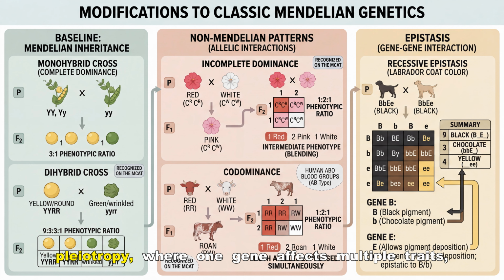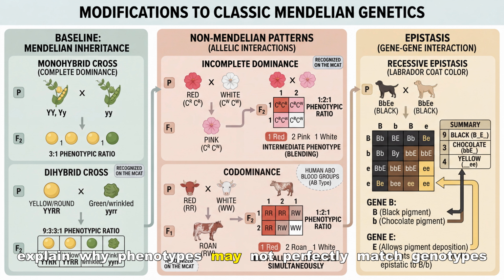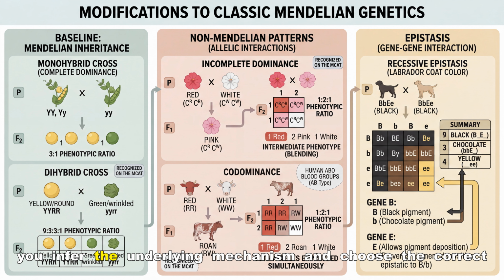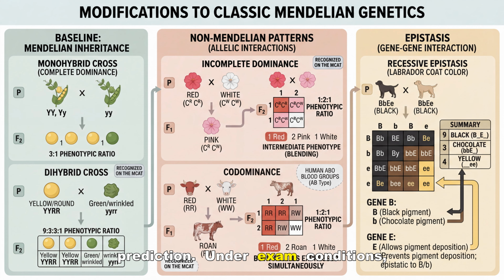Also be aware of pleiotropy, where one gene affects multiple traits, and of penetrance and expressivity, which explain why phenotypes may not perfectly match genotypes in pedigrees. Finally, link back to molecular genetics. Different mutations can alter protein function in ways that produce these inheritance patterns. So recognizing the pattern helps you infer the underlying mechanism and choose the correct prediction. Under exam conditions,